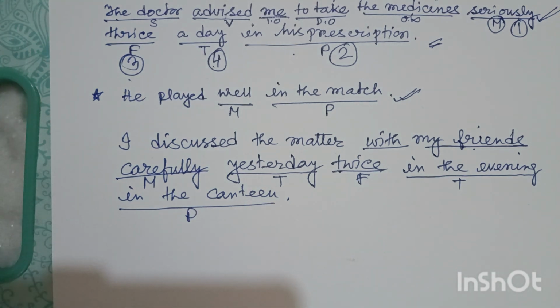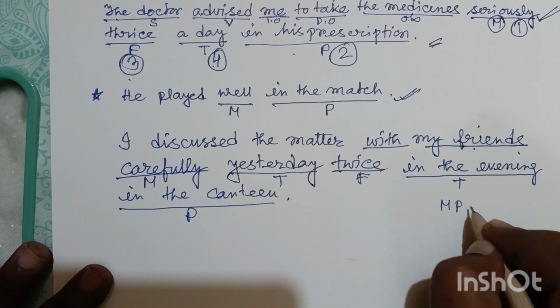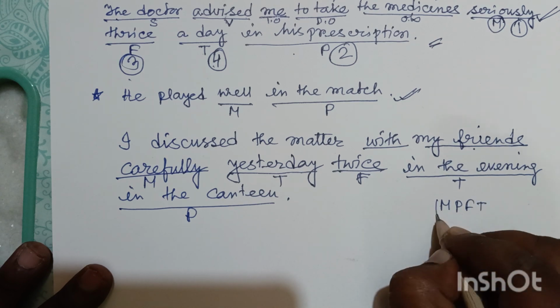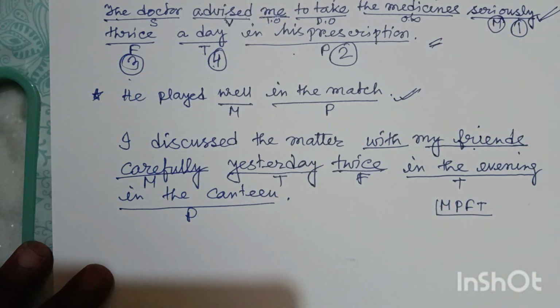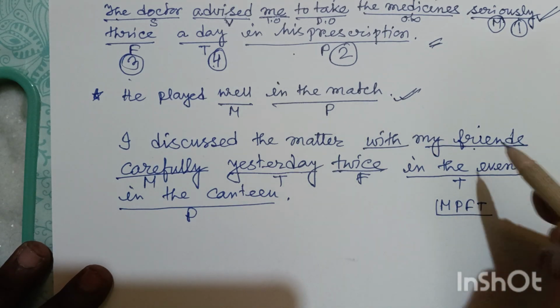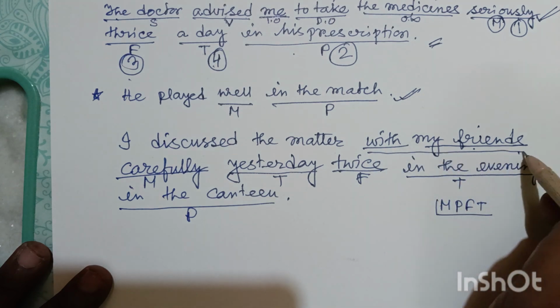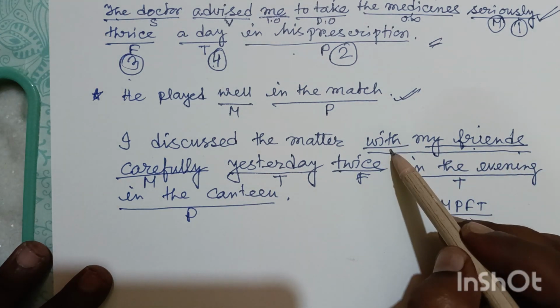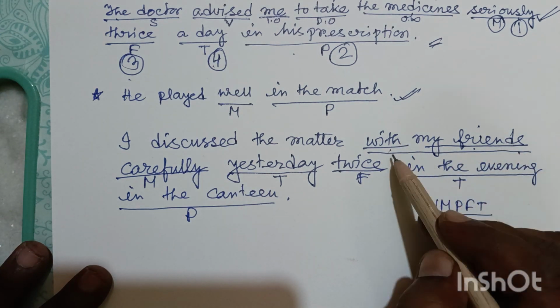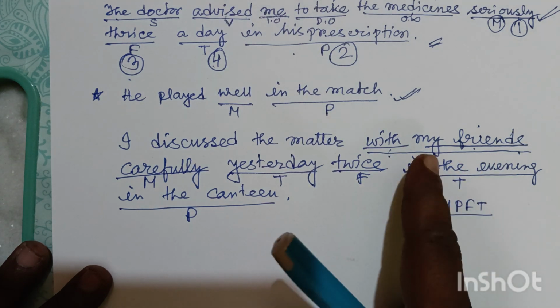So as per the sequence, we have to follow... First of all, we have to write down the adverb of manner. So my dear friends, you can see this part, with my friends. Friends, preposition with its object, it's a prepositional phrase and it works like